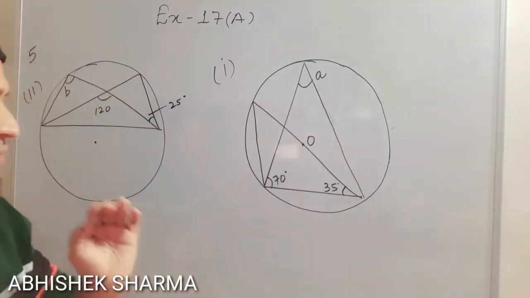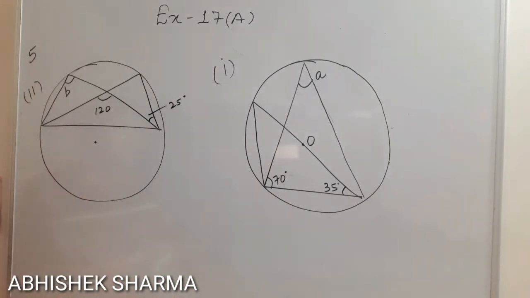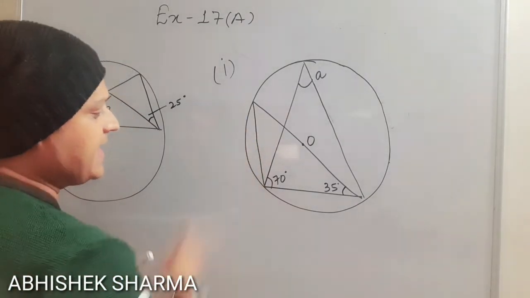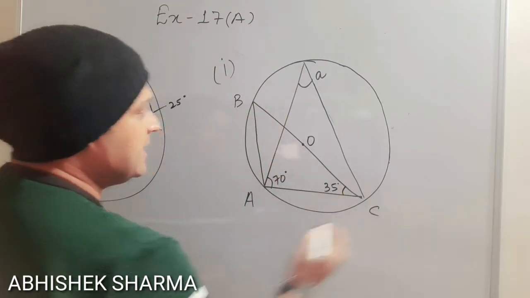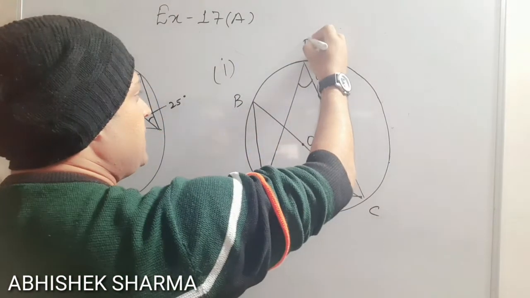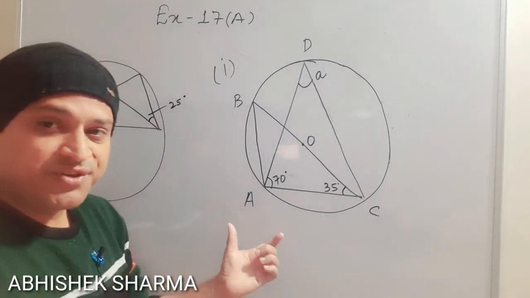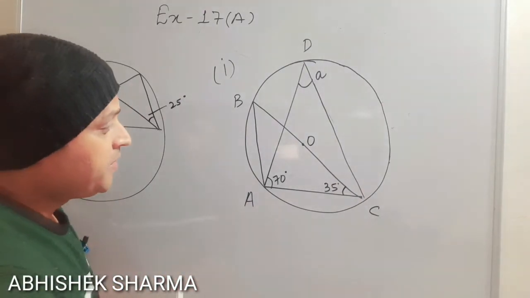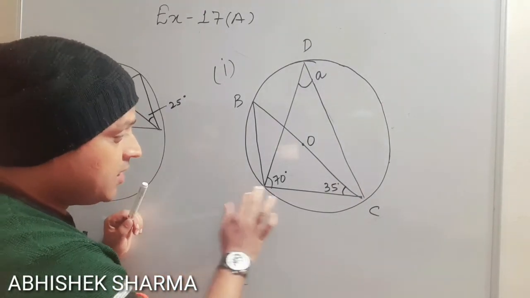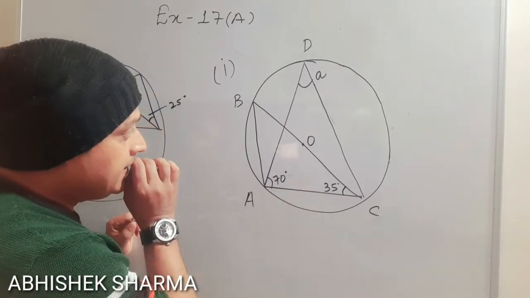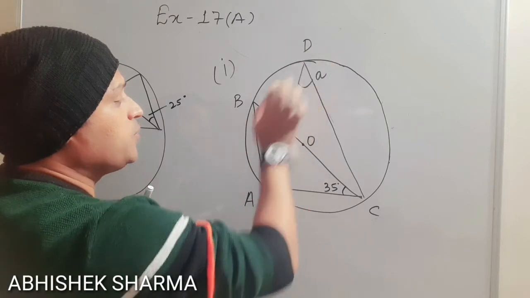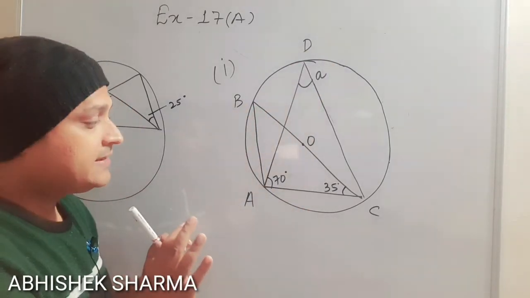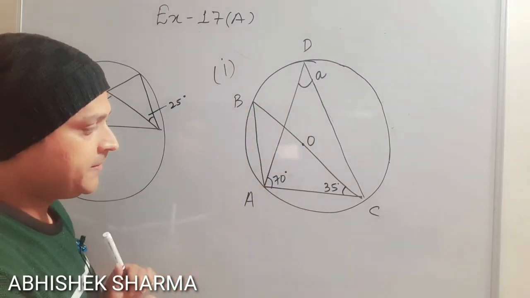To calculate A, that is very simple, as you are seeing this triangle. Are you seeing this triangle A, B and C? Just look at A, B, C. Just look at this question. That is very simple here. We are seeing these values, and I think that angle B and angle D should also be equal, because that is the angle at the same segment here.